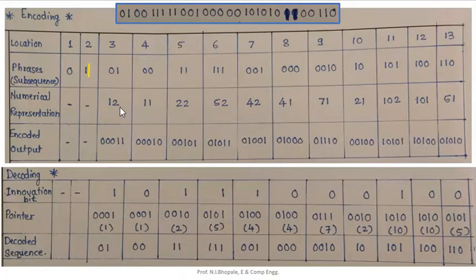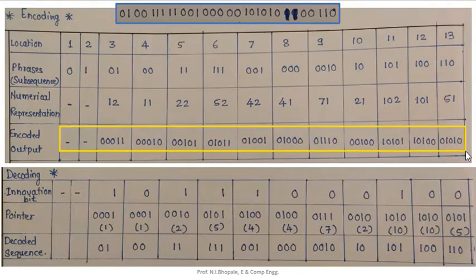So I will write here 1. So for 2 it is 1, for 1 it is 0, for 2 again 1. Okay, it can be thought of in a reverse way also. So this is what the encoded output at last we can say we got. Now by looking at this entire output, you will find that this is nothing but the encoded output.